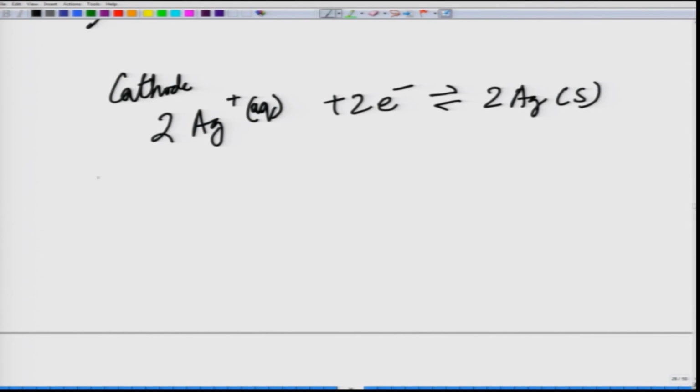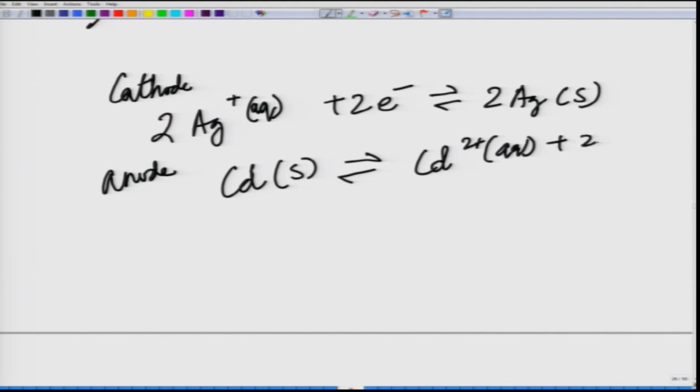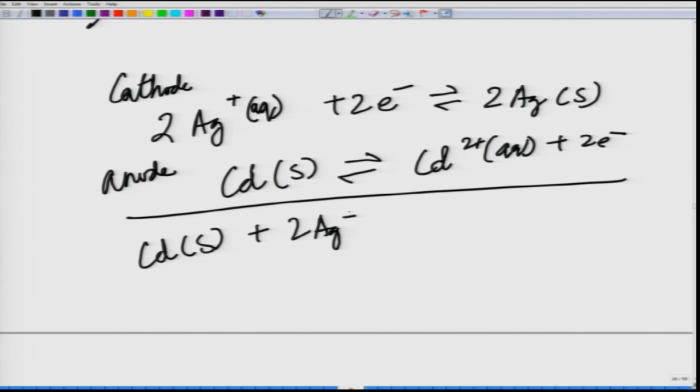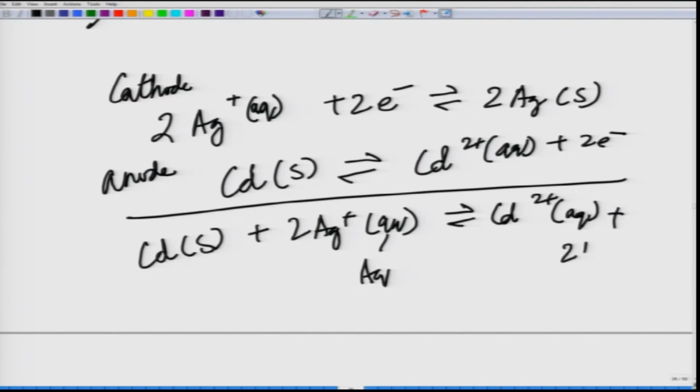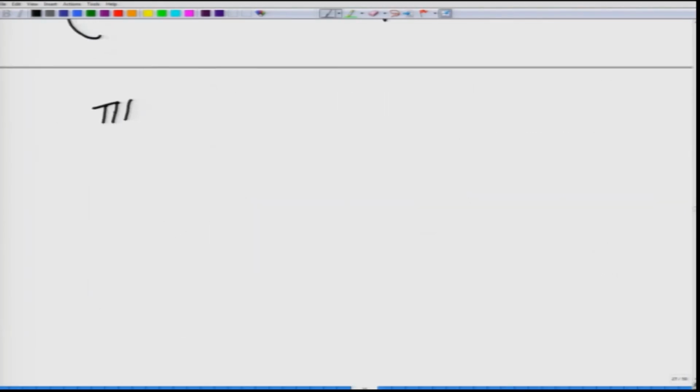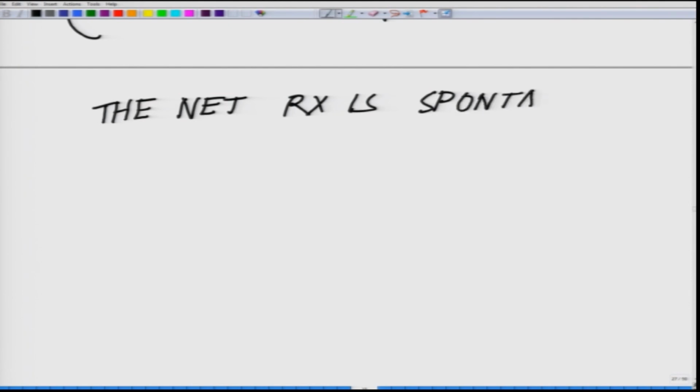Whereas at the anode what is going to happen is cadmium solid goes to Cd2+ aqueous plus 2 electrons, and the net reaction is cadmium solid plus 2 Ag+ aqueous giving Cd2+ aqueous plus 2 Ag solid. So this is the overall reaction which is happening, and the net reaction is spontaneous,